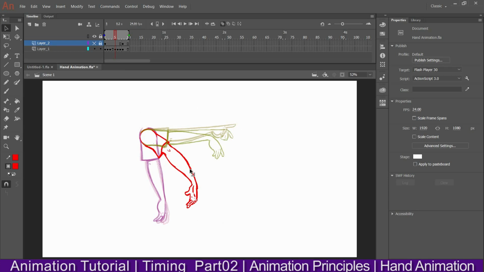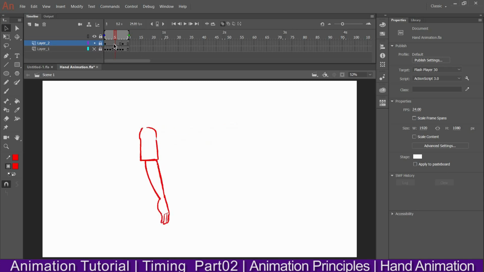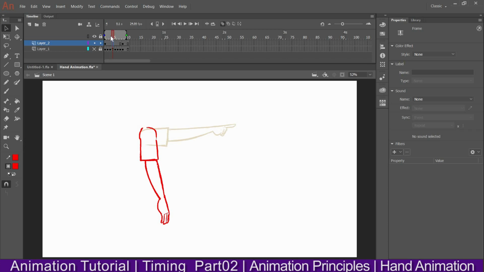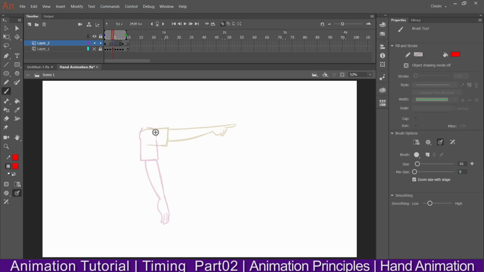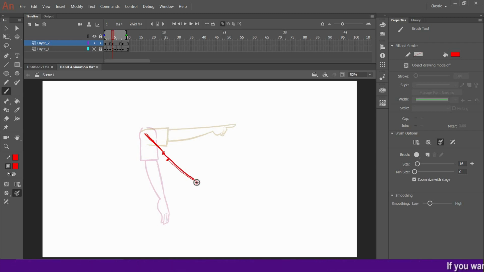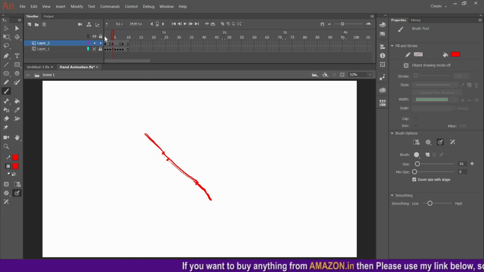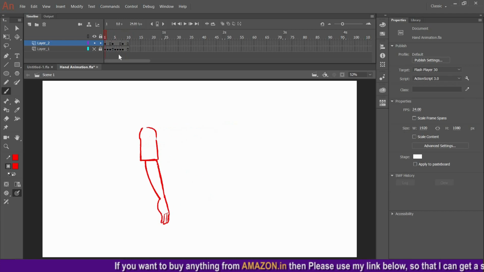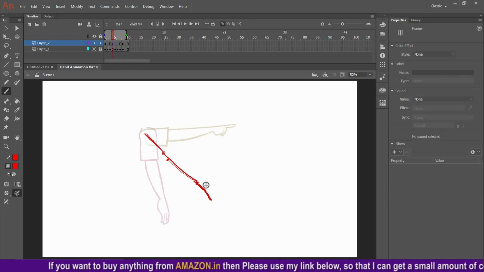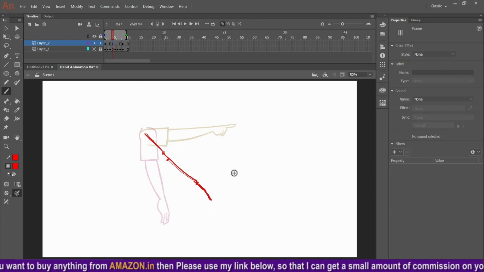See, I'll show it to you, otherwise you can't understand. So first what I did, I took a key, suppose F7, and I'll do it roughly just to make you understand. This is the elbow and this is the midpoint. Okay, so I have decided to draw a drawing over here as the in between frame, and I'll see whether it is coming out nice or not. See, okay, this is the middle point, but in this case it is looking very robotic.